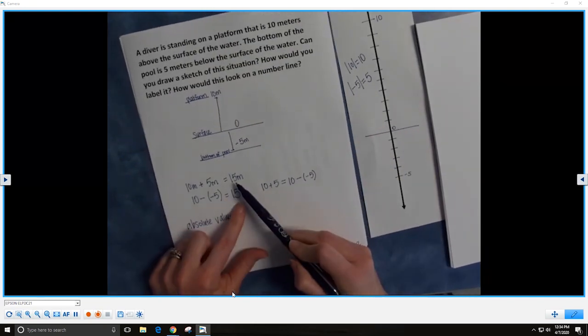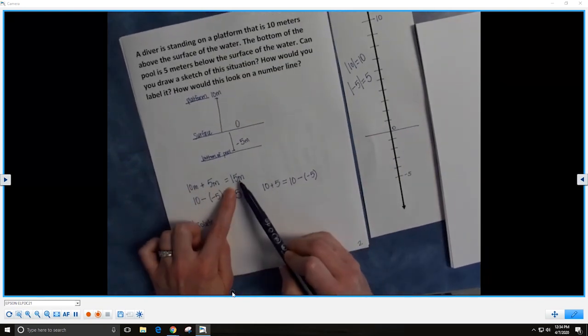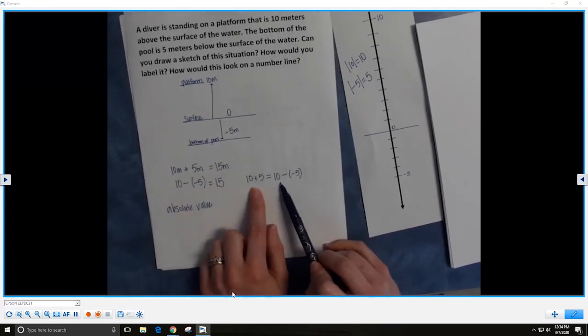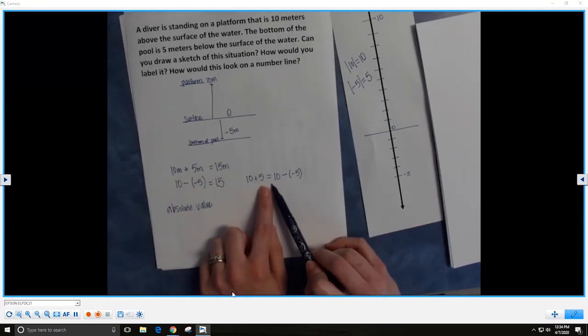Because we got the same number for each of these expressions, 10 plus 5 equals 15, and 10 take away -5 also equals 15, it must mean that these two things are equal to one another. Is that always true? Yes, it is. We will do some exploration with other expressions, but first, let's revisit our misunderstanding that 10 take